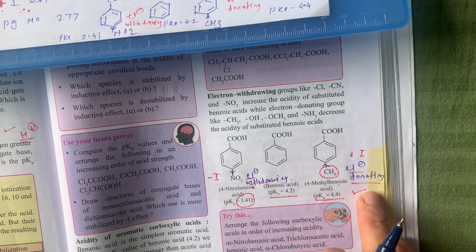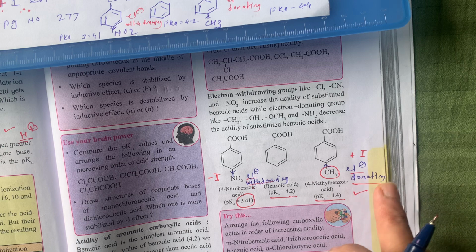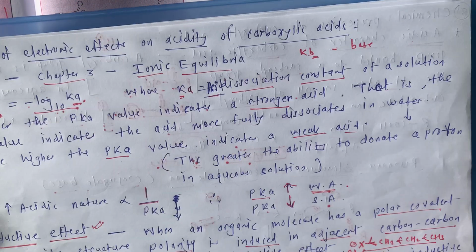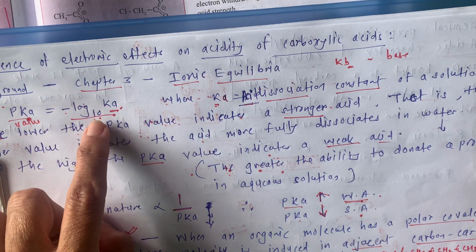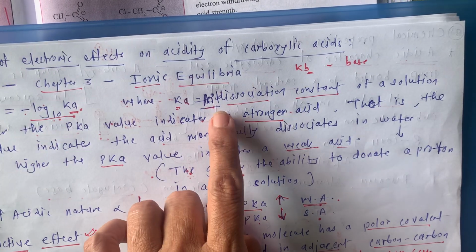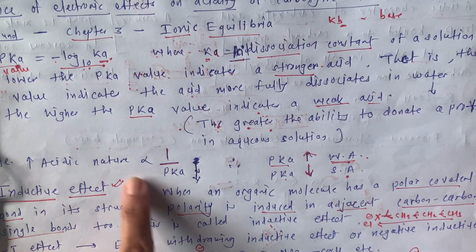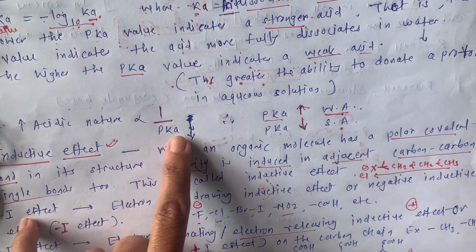Okay, try to understand what is the relation between pKa, Ka and acidic character. Go through the ionic equilibria chapter also, so you can understand it very well. What is required for our organic chemistry, I explained the basic concepts of this: pKa is equal to minus log to the base 10 of Ka, while Ka is nothing but the acid dissociation constant. What is the relation between acidic nature and the pKa? And which factors are affecting this pKa?